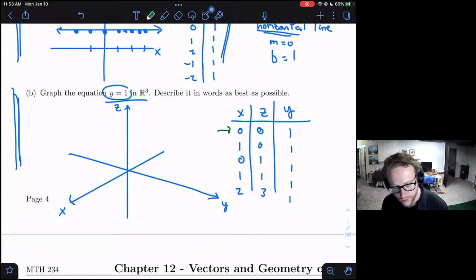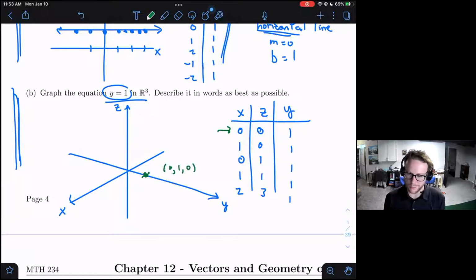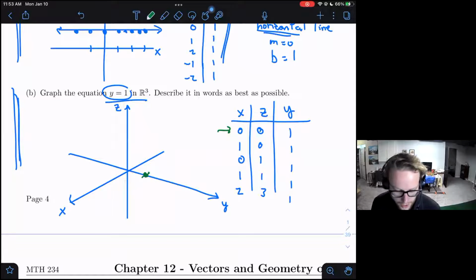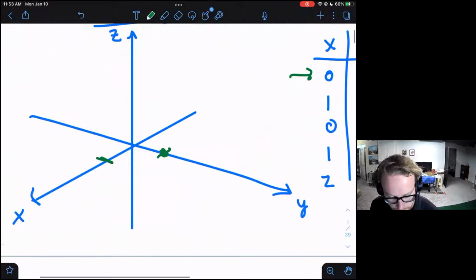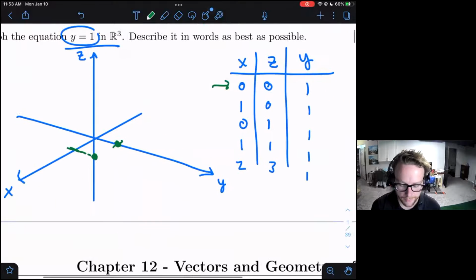So 0, 1, 0. I'm not moving at all in my x direction. I'm moving 1 in my y direction, so maybe out here. And then I'm not moving any up and down. So that's the point 0, 1, 0. If I was to reorder this back to how it should be, with the x's first, the y's second, and the z's third. Okay, next point here. We have 1 in the x direction. We have 1 in the y direction. So let's come out here, 1, and we're not moving any in the z direction. We're not moving up and down any.